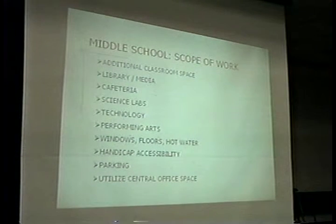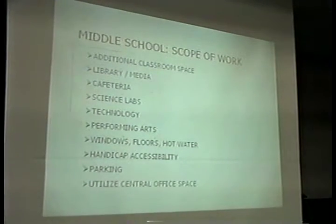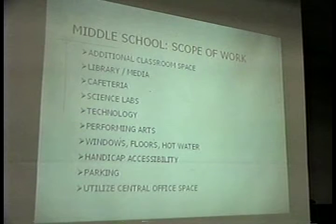There's a very definite need for additional classroom space here at the middle school. You will find, if you took a tour of this building, a number of the classrooms over the years have been subdivided so that we're essentially dealing with half classroom spaces for 20 to 25 or sometimes 30 students. The library and media center is not up to current standards, cannot meet the program needs, and certainly does not meet any needs of technology. The cafeteria is currently functioning from as early as 10:15, 10:30 in the day and well after 1 o'clock. It's a very busy space. As the enrollment increases, we certainly will need to take a look at it. The science labs, which are along this corridor, will not meet the growing enrollment needs, and we need to take